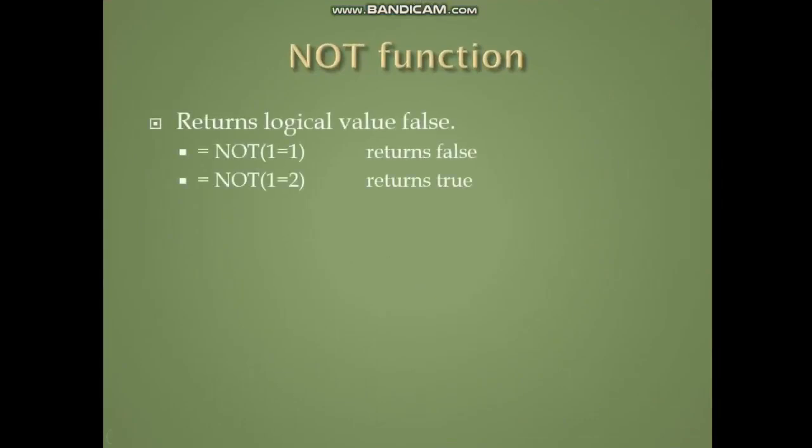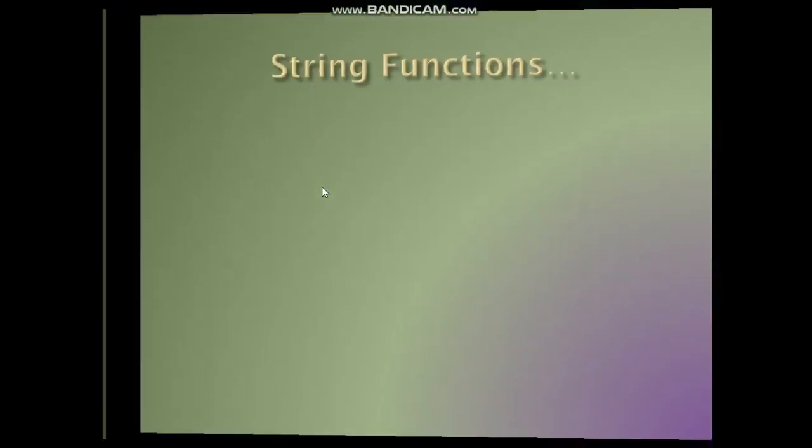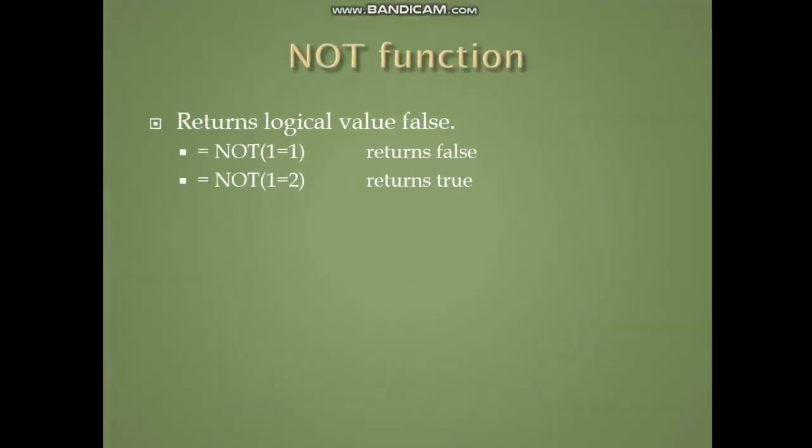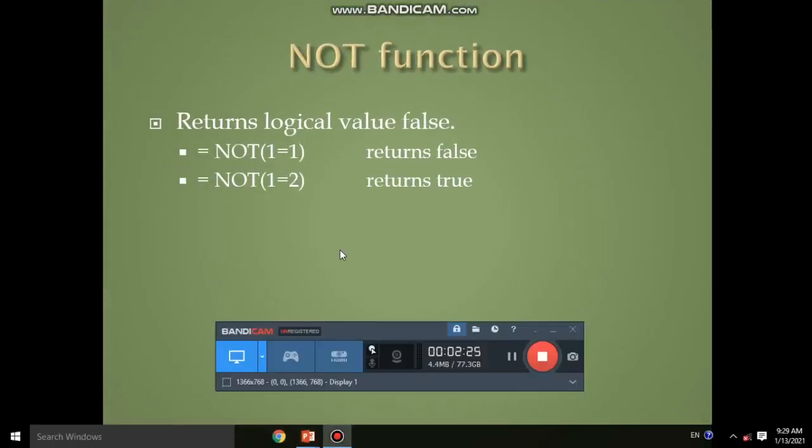NOT function, this function returns the reverse logical value. So for example, 1 is equal to 1 is actually true, so it will show false. When the condition is true, it will show false, but when the condition is false, it will show true. So actually this shows the negative of a given condition. Logical